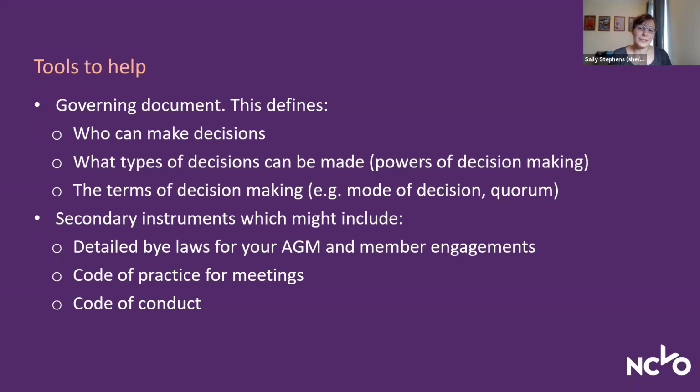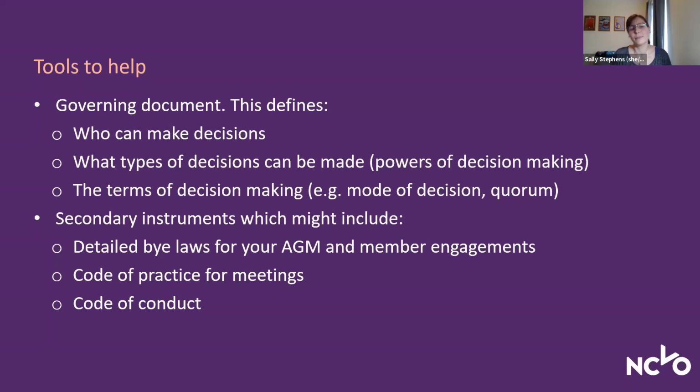And then it's really good practice as an organisation to think about what secondary instruments you might like to create that will support any kind of decision making. And I take note of the fact that in our first poll, the majority of people said that they understood how important a topic this is, or that it's really relevant to their role, rather than being actively involved in a dispute. And I think it's worth saying when you're thinking about some of these secondary instruments, putting them in place before a dispute starts is going to be the most useful for you. It's about being prepared that if something did go wrong, you would have useful mechanisms to point out within your